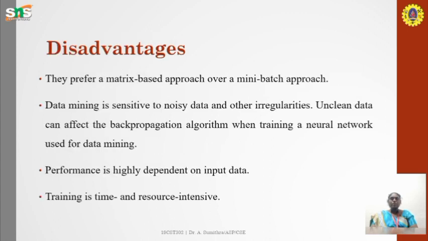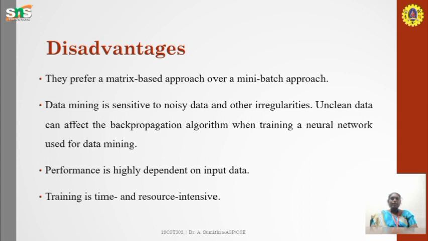And the disadvantage is vanishing gradients. Backpropagation can suffer from the vanishing gradient problem, where the gradients become very small in deep networks, hindering learning. And overfitting: it is susceptible to overfitting, especially when training on small datasets or with a complex architecture, requiring regularization techniques to mitigate it. Local minima: backpropagation may converge to suboptimal local minima of the loss function, affecting the performance of the trained